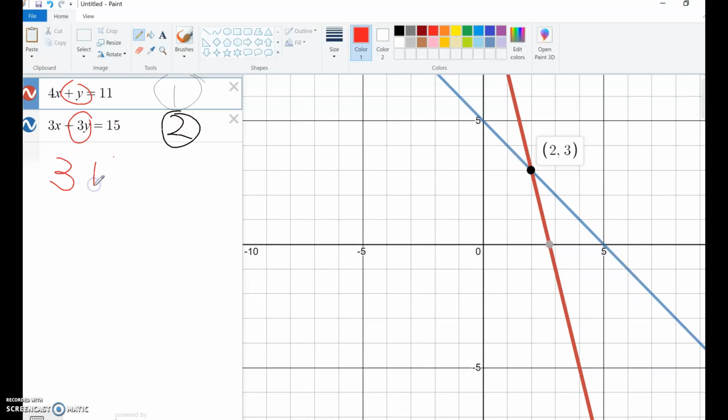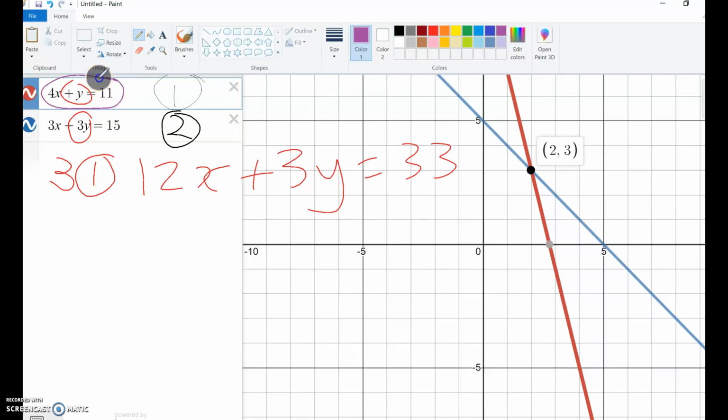3 times equation 1. So 3 times equation 1 was 12x plus 3y equals 33, because we took this equation and we times it by 3. That we called equation 1, right? And then we are going to have 3 times equation 1